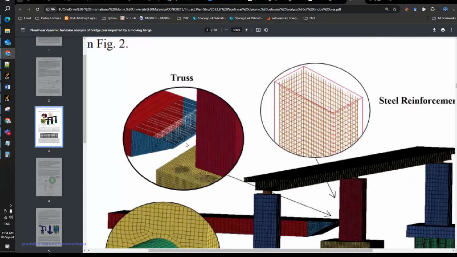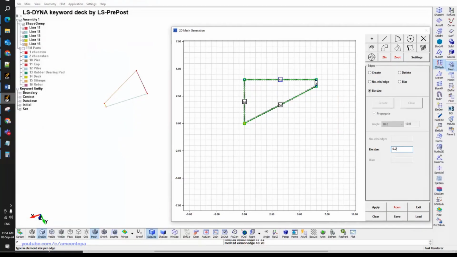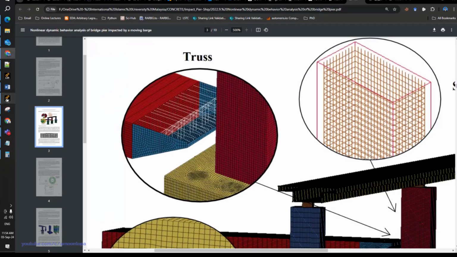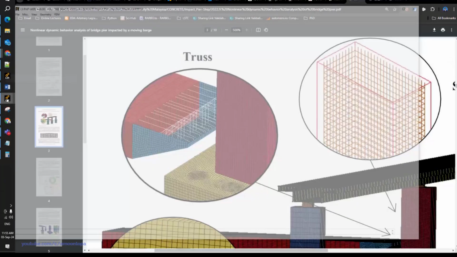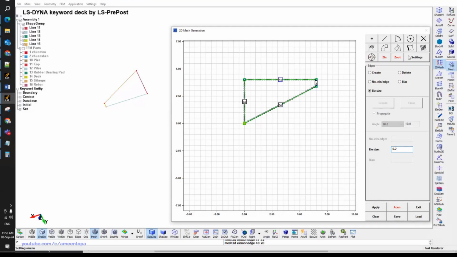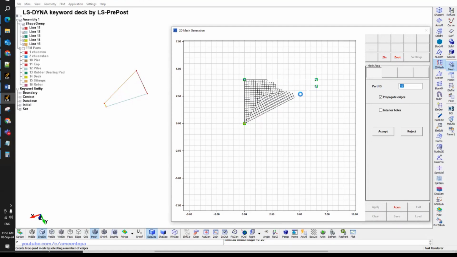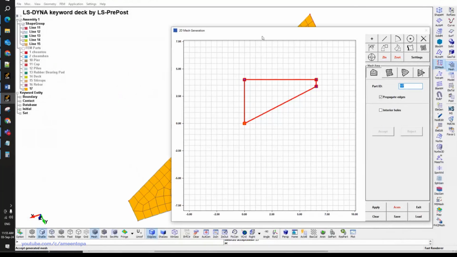All right. So here is element size 20. That doesn't look like 20. 1, 2, 3, 4, 5, 6, 7, 8, 9, 10, 11, 12, 13, 14, 15, 16. But here, okay, I just click here, compare with the paper. Not bad, except